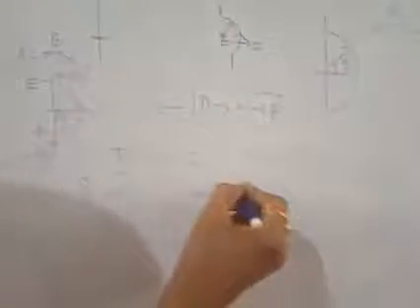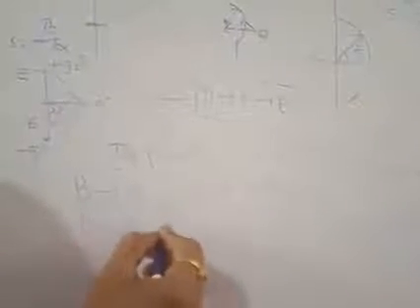B to D means what? Omega varies from minus infinity to 0, right? Then D to E via A dash. So this is the expression s is equal to limit epsilon tends to 0 epsilon e to the power j theta, right? Next, we have to go through the complete contour. You see here for the type 1 system, I repeat this part, G(s)H(s) is given as 1 by s into 1 plus 2s.